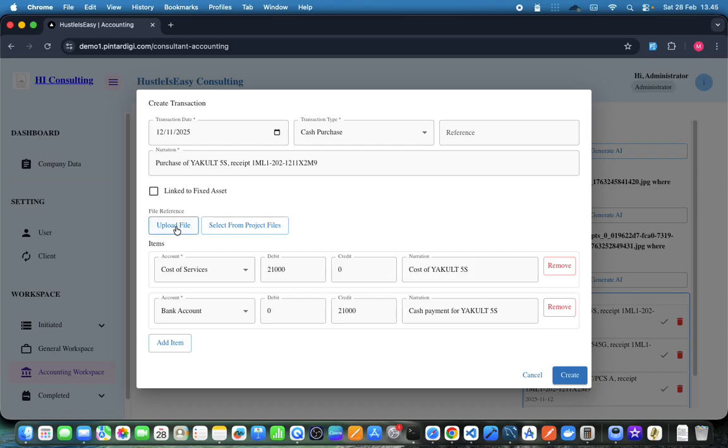If you need to attach a file reference, you can upload it from your computer or select it from a linked file.